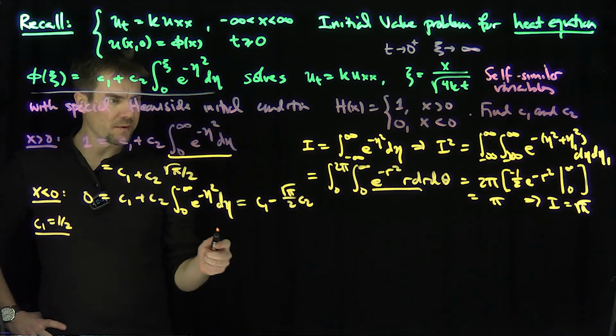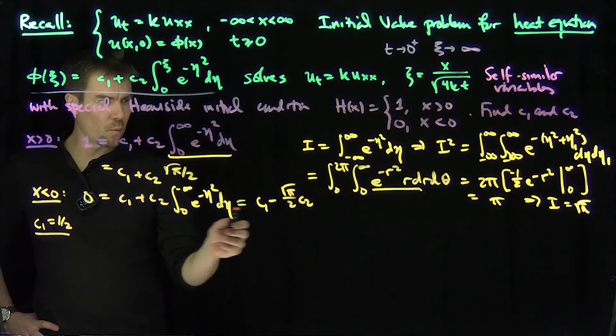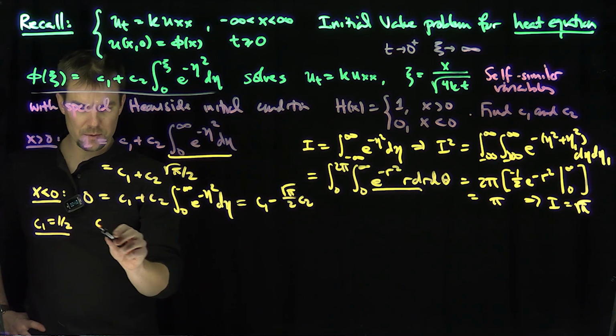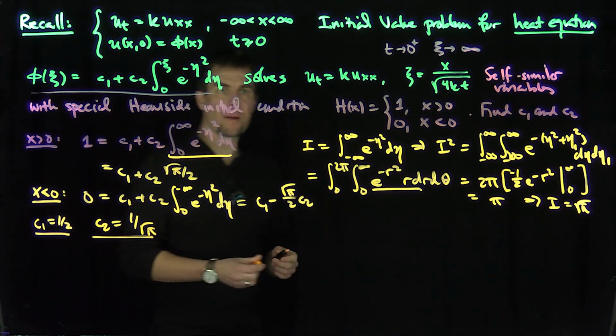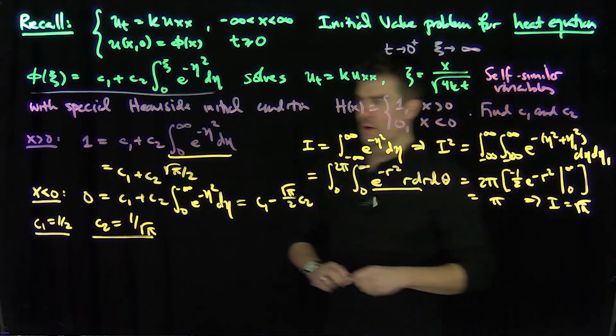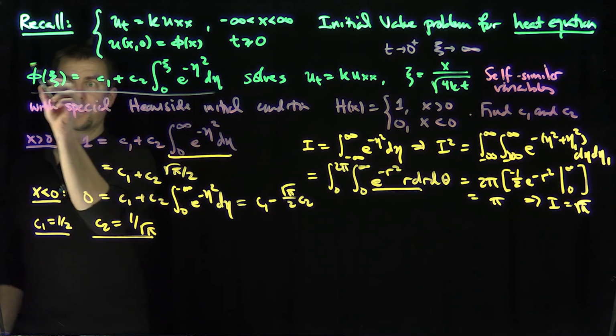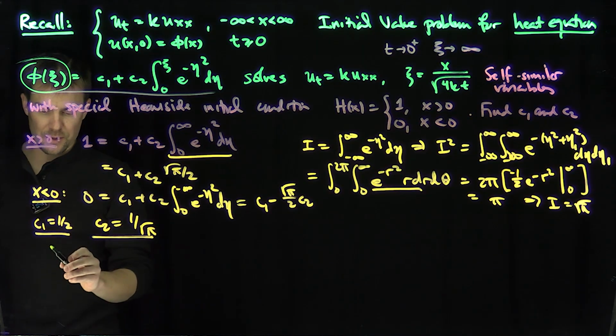So c2 then, of course, if you subtract these equations from each other, you get 1 is equal to root pi. So c2 is going to be 1 over the square root of pi. Good. So now I have my particular solution over here, which is great. So now the solution to this solves the problem, and so I can look at this special solution over here